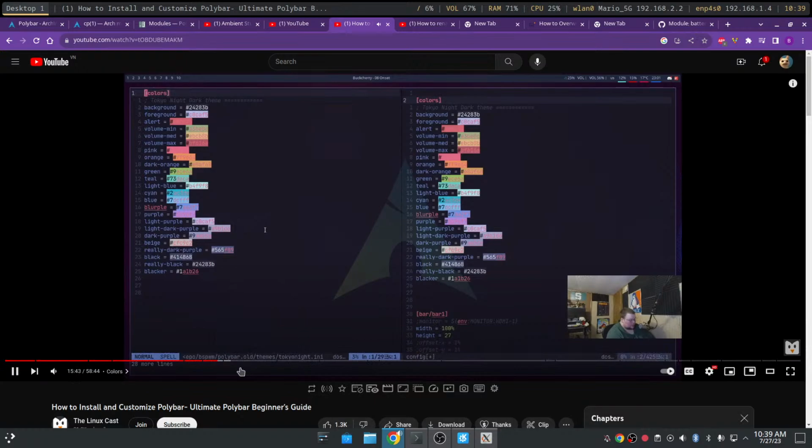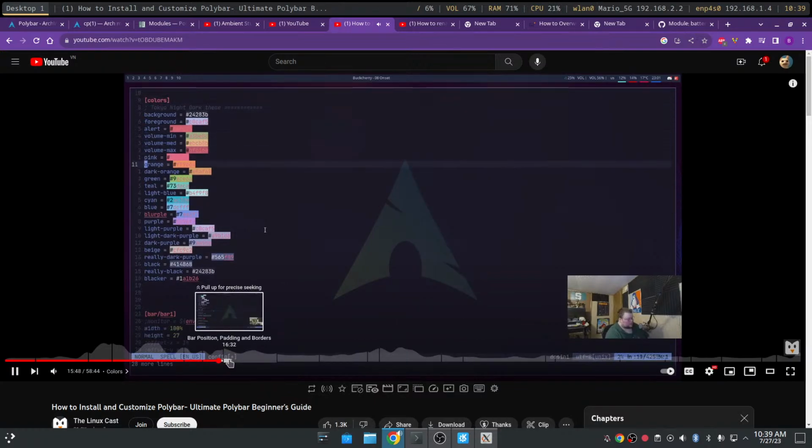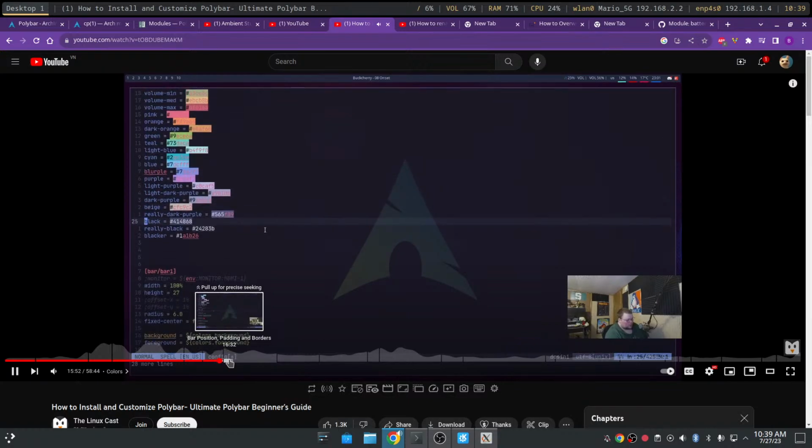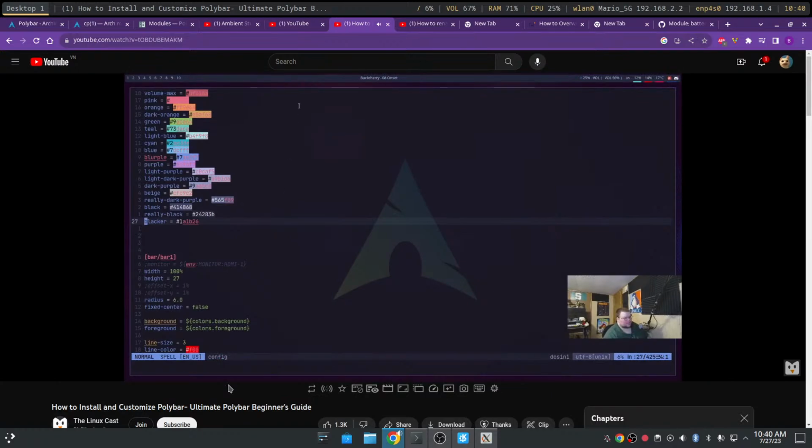And then we're going to close this out. Now, as you can see here, I just have a ton of colors defined and associated with variables. So I'll show you how to call these variables later on. But if we actually go through and do a write here and restart Polybar, you'll see that we now have